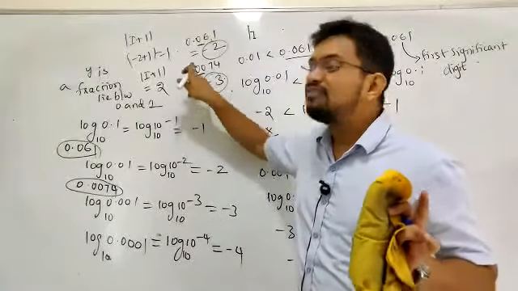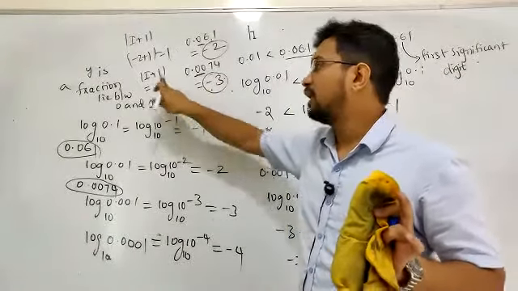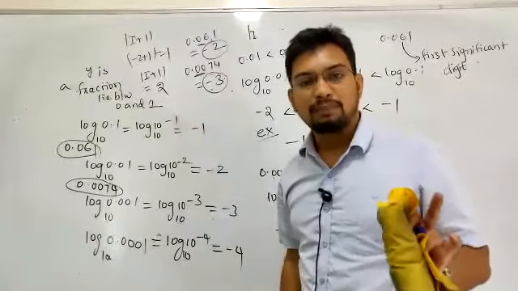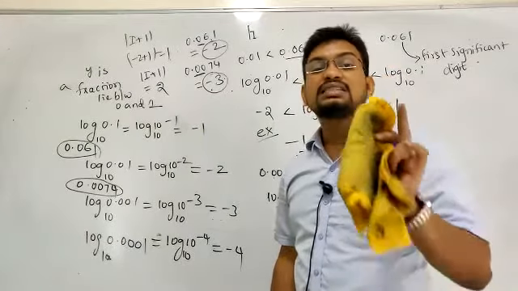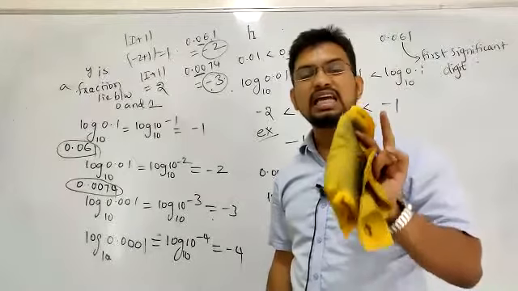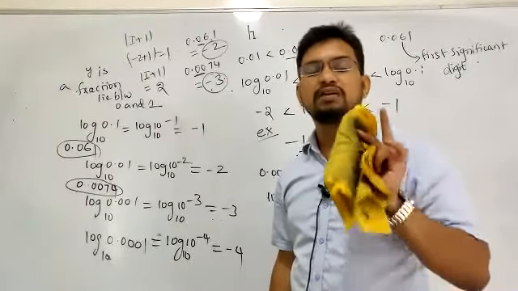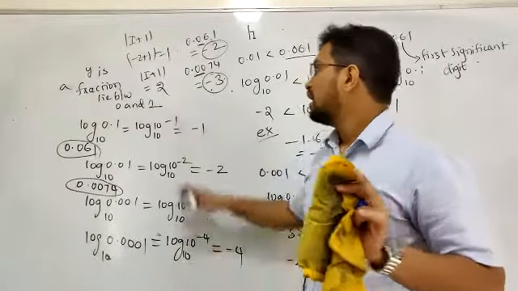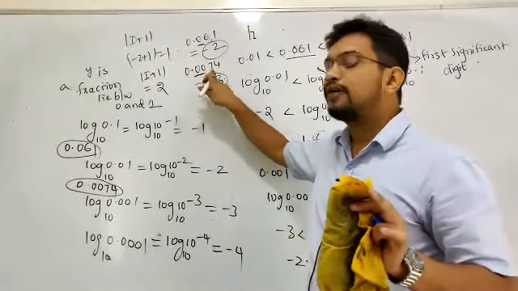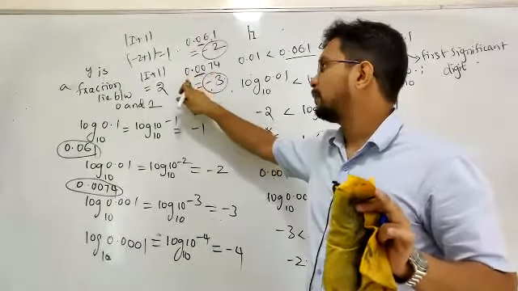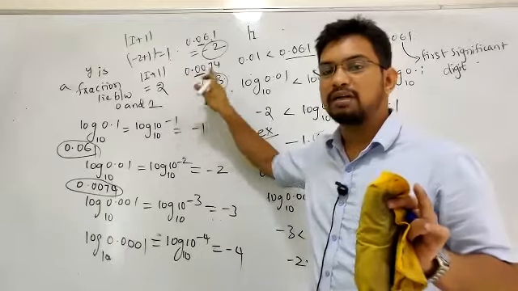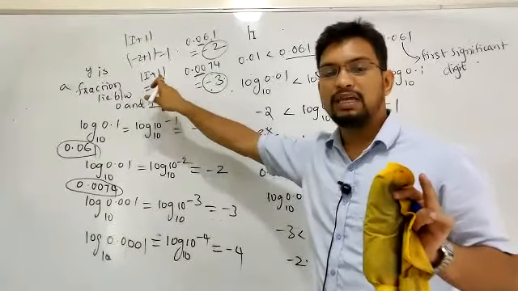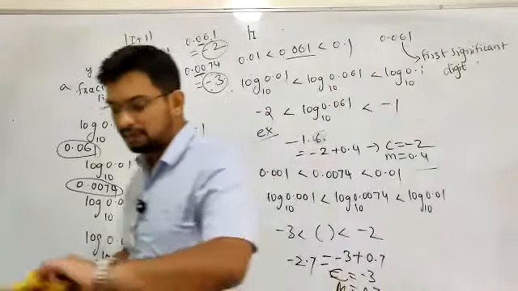Whenever there is a number which is a fraction lying between 0 and 1, if I get this value of modulus of I plus 1, that is the number of zeros between the decimal point and the first significant digit. Decimal point కి first significant digit కి మధ్యలో ఉన్న zeros value will be equal to modulus of I plus 1. Please write down the statement and we'll conclude.